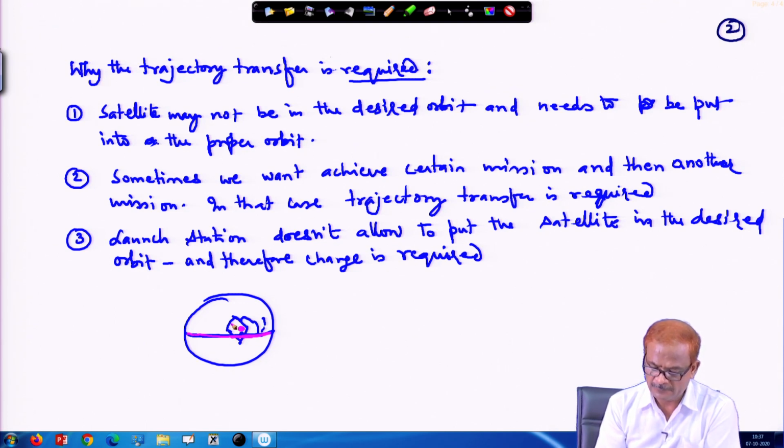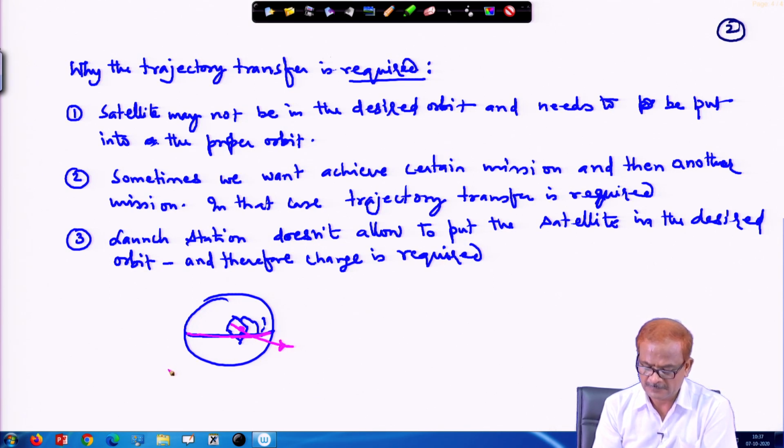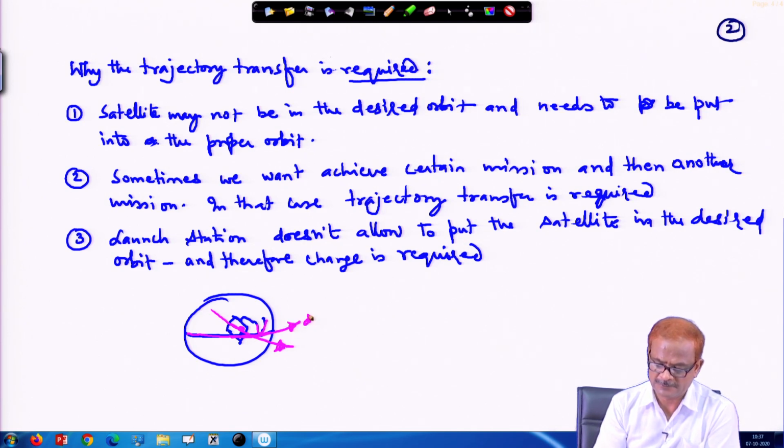So first you will launch in a certain other direction. Okay. And also you have to save other countries, so that in case the rocket fails, it does not fall over the populated area. So say you are launching along this direction, and this is not a proper direction, you need it in this direction. So this is the desired orbit direction,